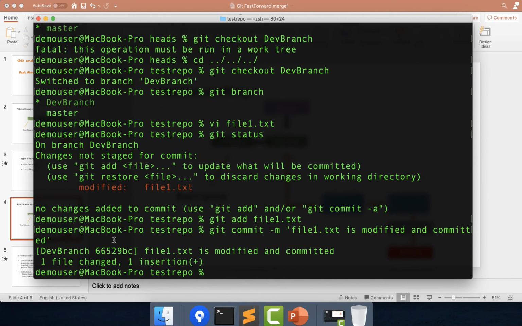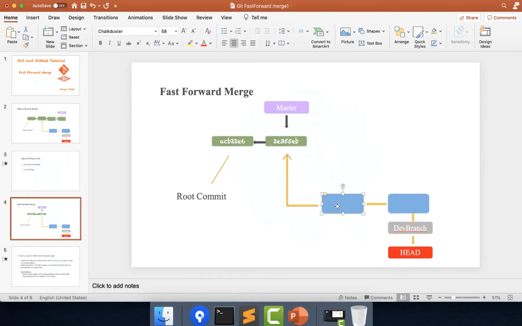Now you can see there is one more hash generated over here. I will paste it here and format it for our sake. You can see there is one more commit done where we modified file 1.